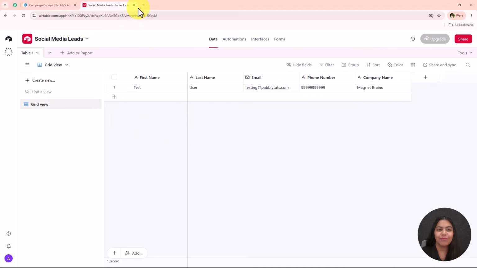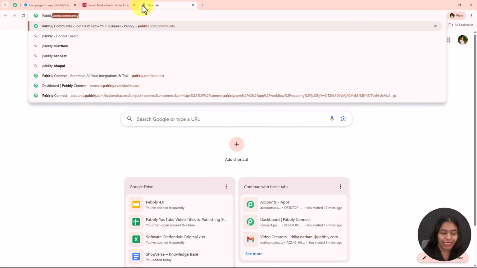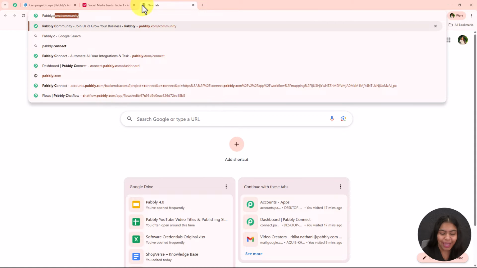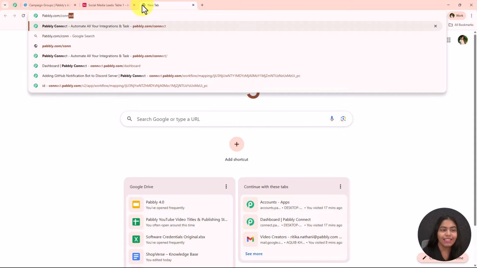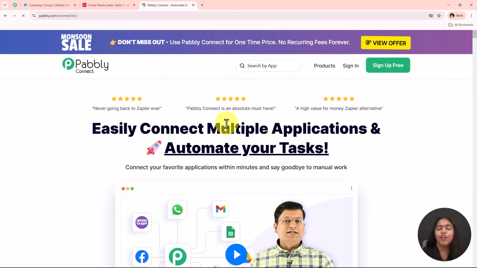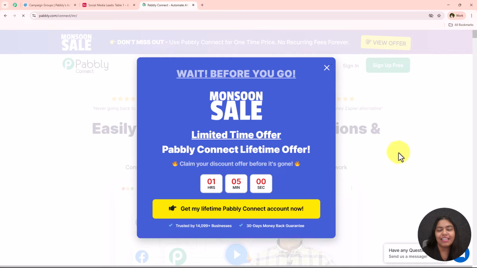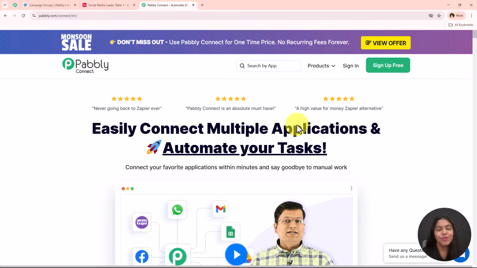So to do this, I'm just going to open a new tab and I'm just going to look for the landing page of Pabbly Connect simply by searching pabbly.com/connect in my browser. Now I'm just going to open the landing page of Pabbly Connect to create a connection between LinkedIn leads and Airtable. And this is an amazing automation tool which requires no programming or coding language to create connections between multiple